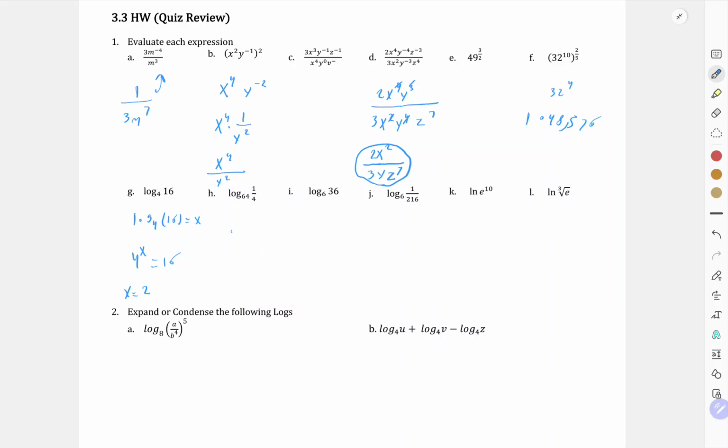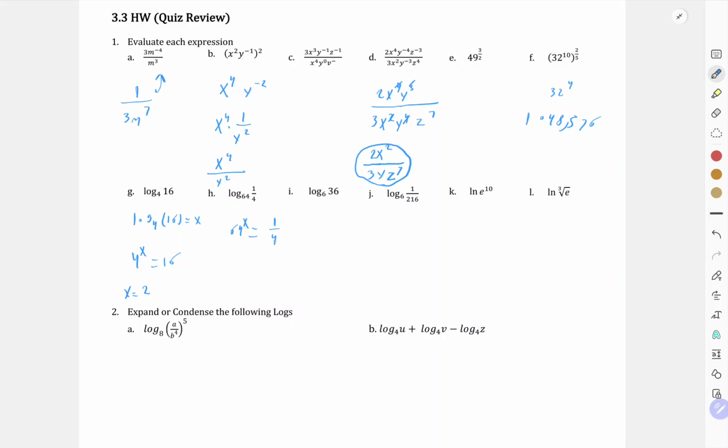So your base is 64, and then your argument is 1 over 4. You're trying to find a way to make 64 to the power of something equal 1 over 4. And you're like, okay, what can I do with this? Can I put a negative? Can I do an exponent? What can I do? Honestly, the easiest way to approach this is